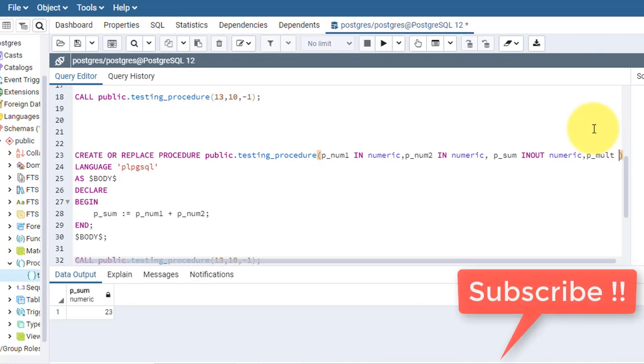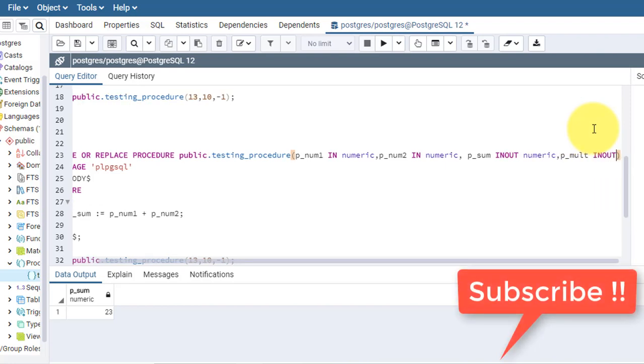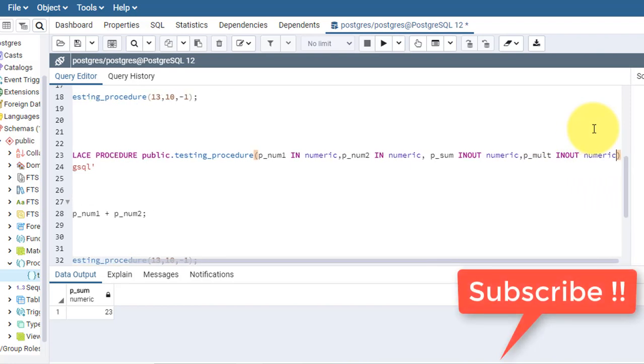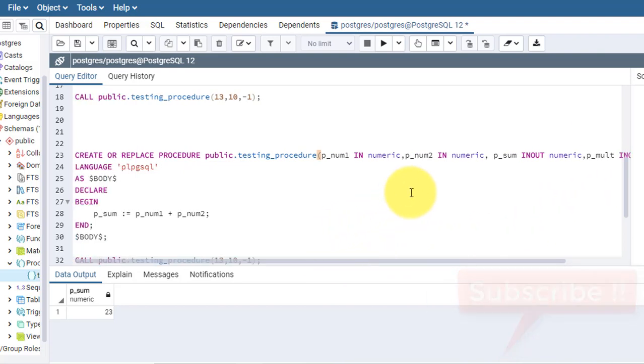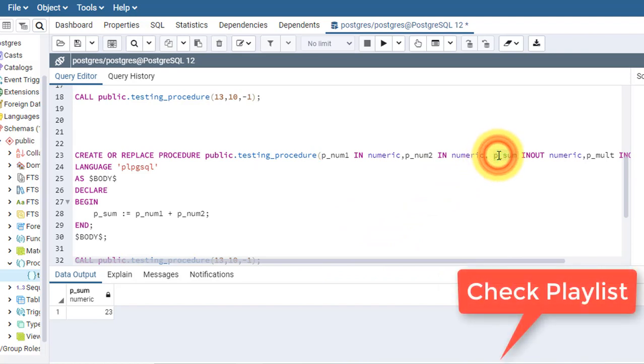I am taking another inout parameter, and this is also of numeric type. What I am trying to do is pass two numbers and get the output, like the summation of those two numbers as well as the multiplication of those two numbers.